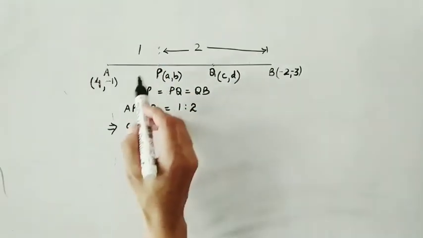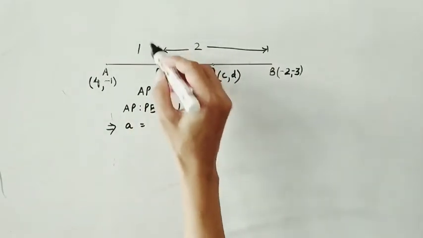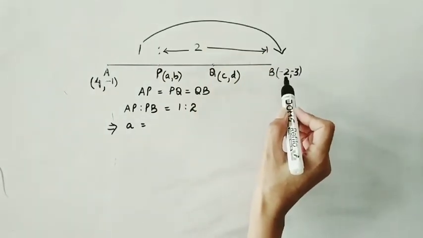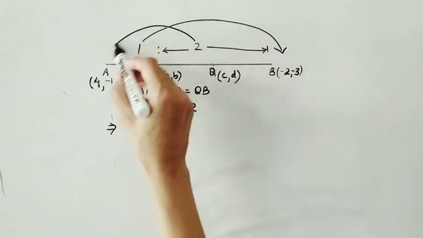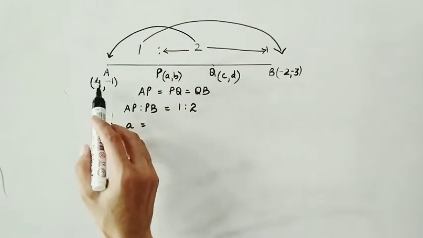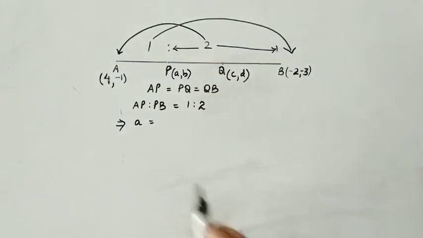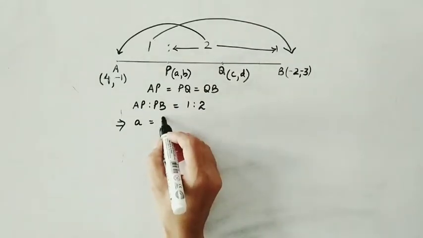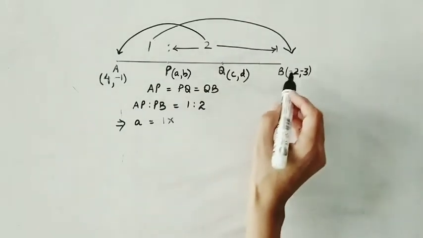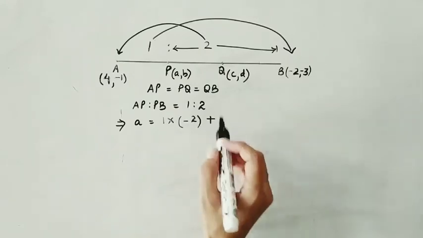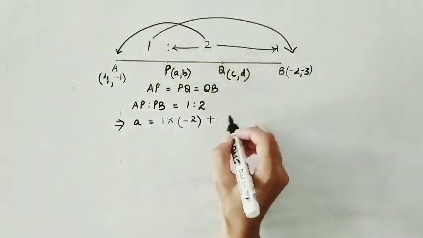Now a will be equal to 1 multiplied by the x coordinate of B, plus 2 multiplied by the x coordinate of A. So a is 1 multiplied by -2, added to 2 multiplied by 4,